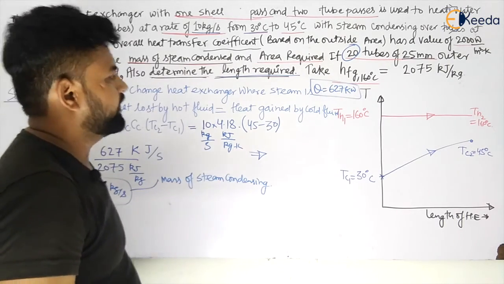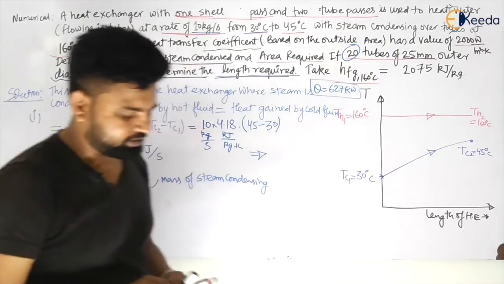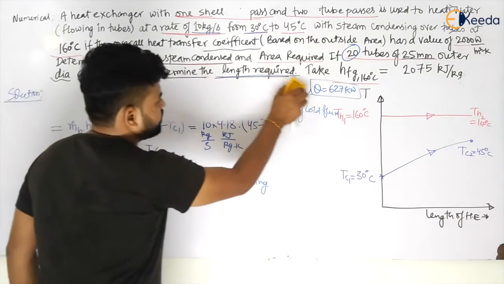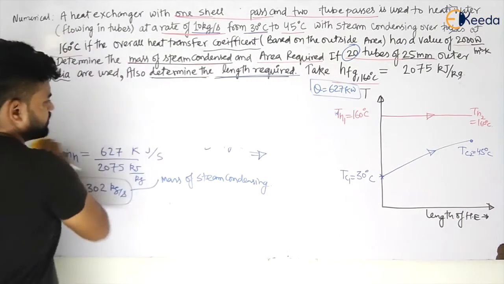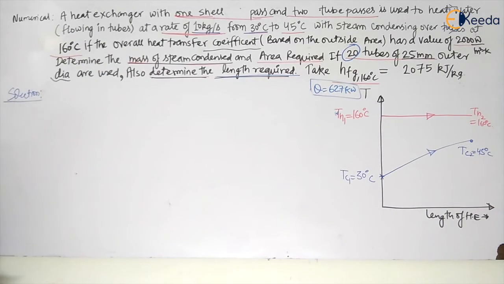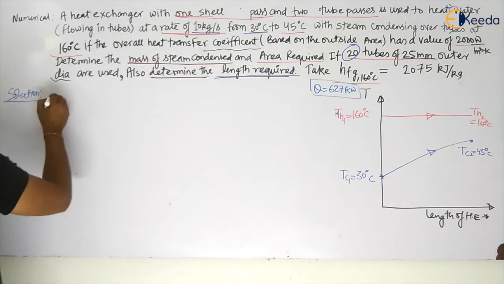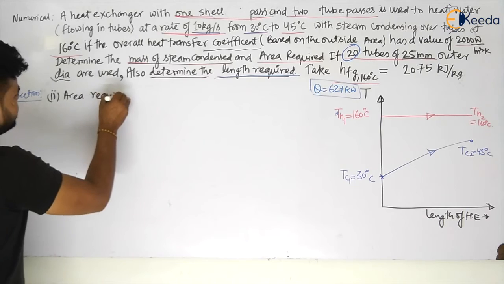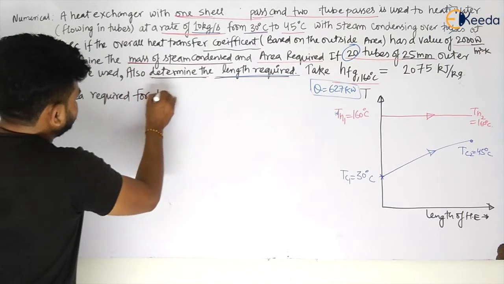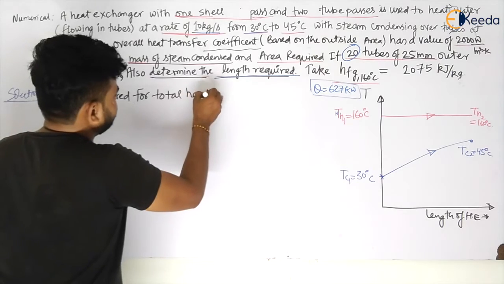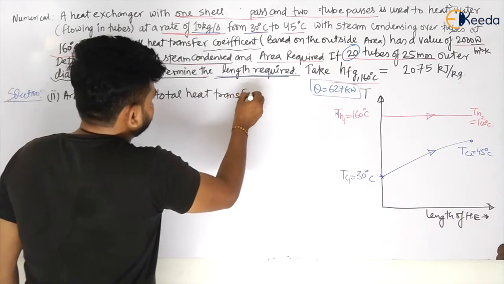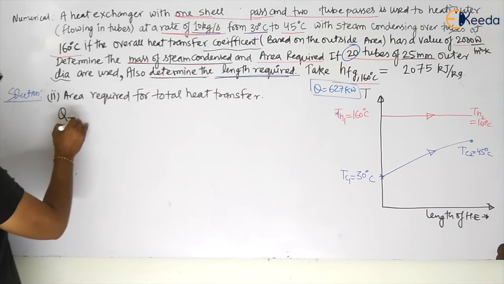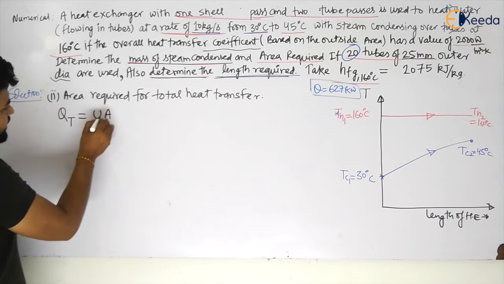He is also asking about the area required. Let us see, what will be the area required, my dear students? Let us see the second question, which is asking about the area required for total heat transfer. So we know that the overall heat transfer coefficient he has given. So total heat transfer will be given by Q total is equal to U naught